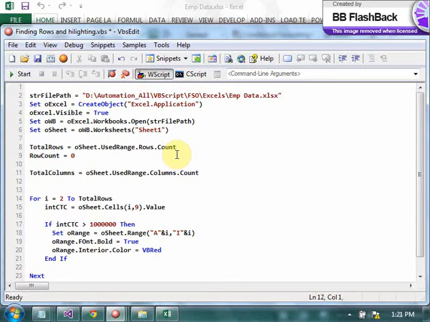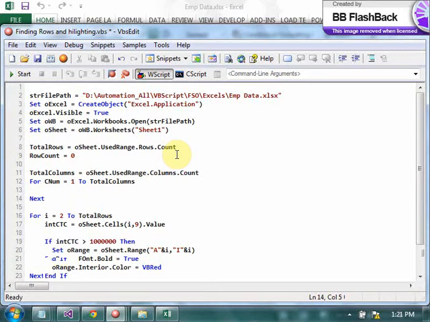What does this do? It gets the row count to column count, to get the total number of columns used in the Excel. For CNUM equals 1 to total columns, get column name equals